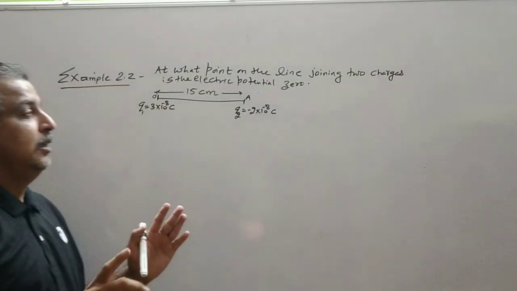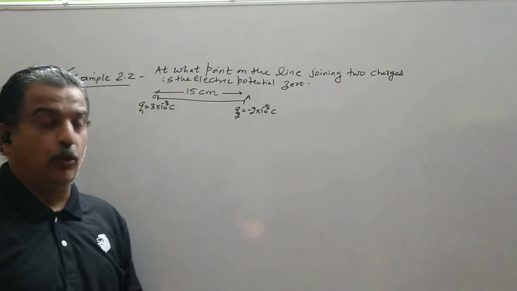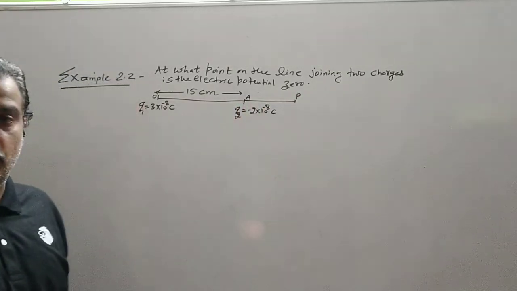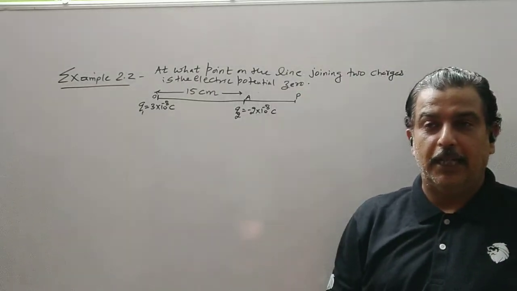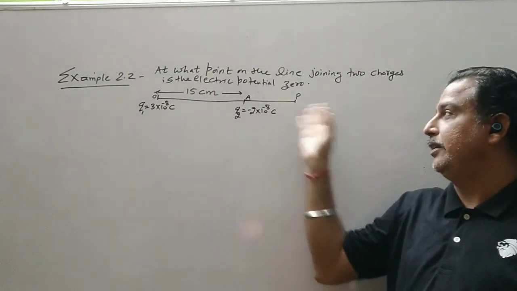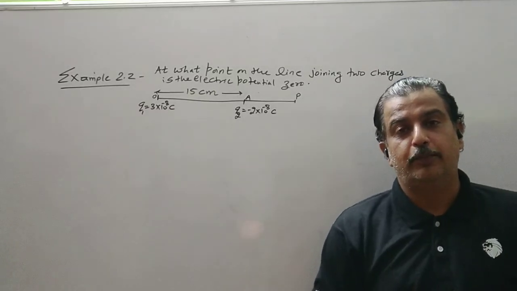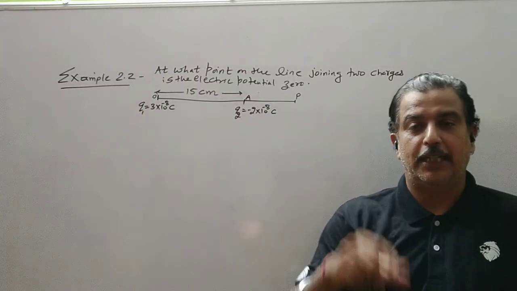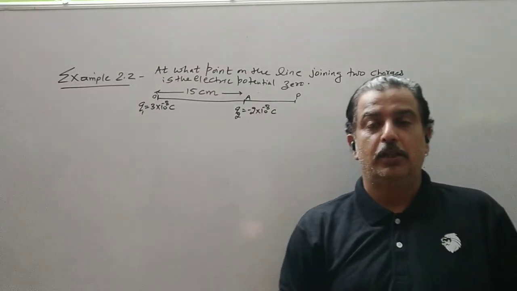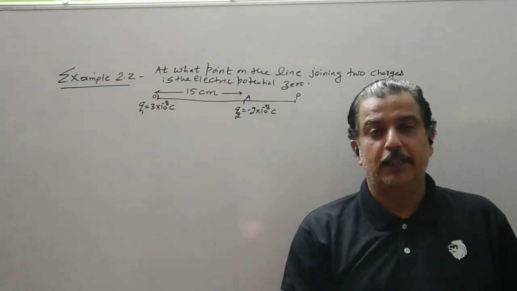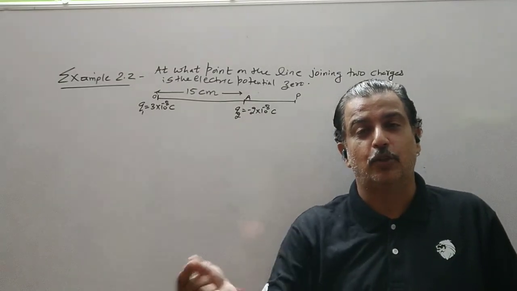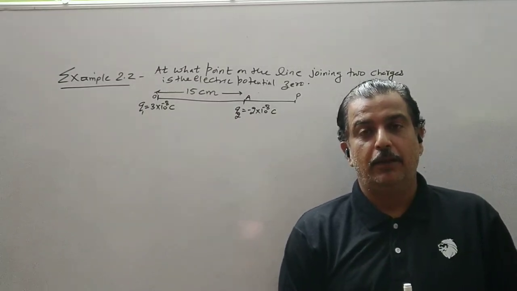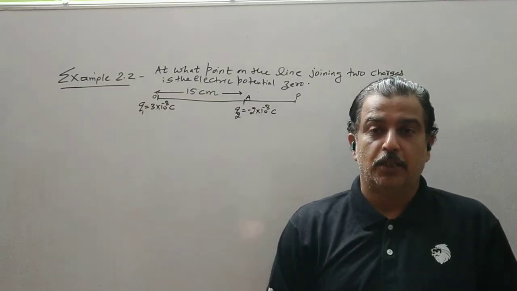So one possibility of getting the potential 0 is the same point where we get an electric field 0. There is no electric field at this point. And if there is no electric field at this point, then the work done to move a unit positive charge from infinity to a point against the field is zero, because there is no field. So there is a possibility of getting a potential 0 where the electric field is 0. Now it is not necessary that if electric field is 0, the potential is also 0. We will discuss about this. It may be possible that the potential is constant.